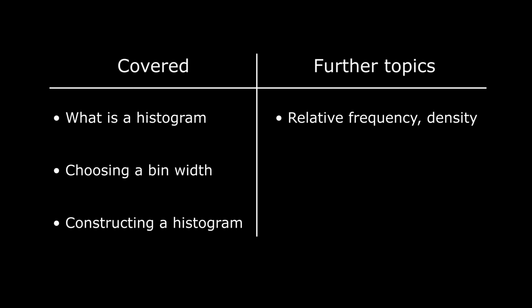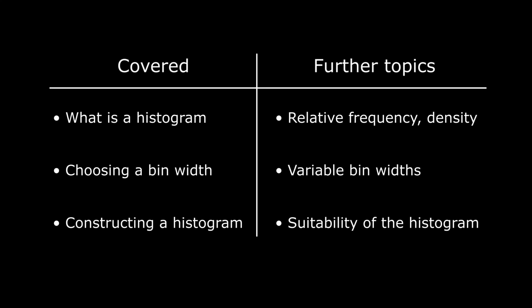Instead of counts on the y-axis, alternative scales such as relative frequency or relative frequency density are common. These are particularly useful when comparing distributions is a priority. Histograms can be constructed using variable bin widths. The idea here is to use smaller bins where lots of data is available, and wider ones where it is not. The histogram is not the only tool for visualizing the distribution of data. For example, if smooth density estimation is important, then kernel density estimation might be a more useful tool.